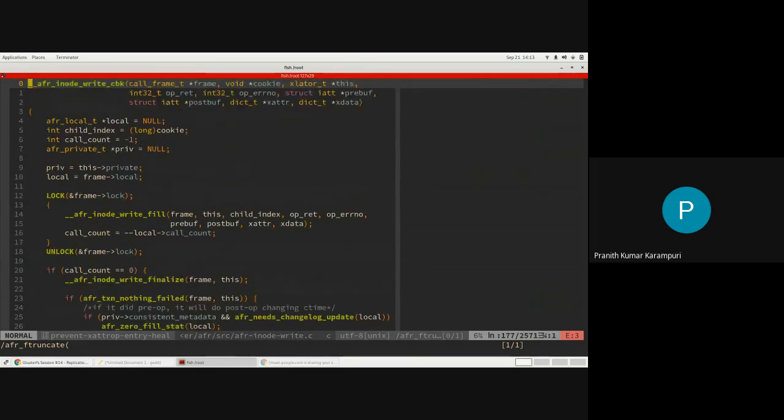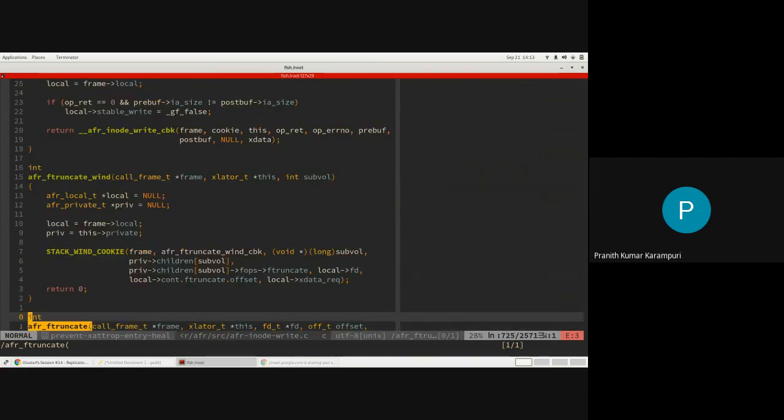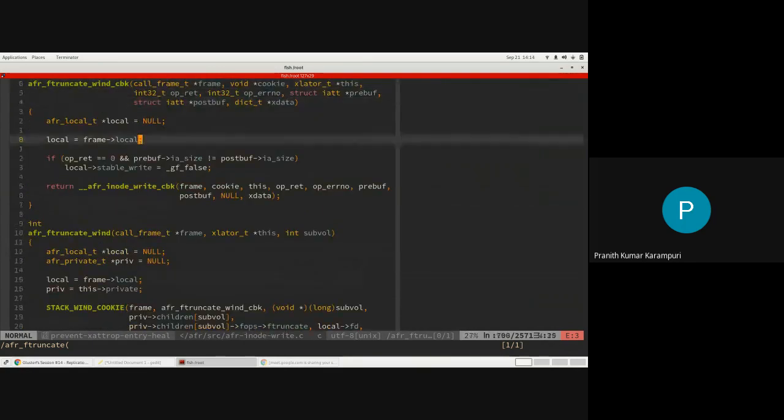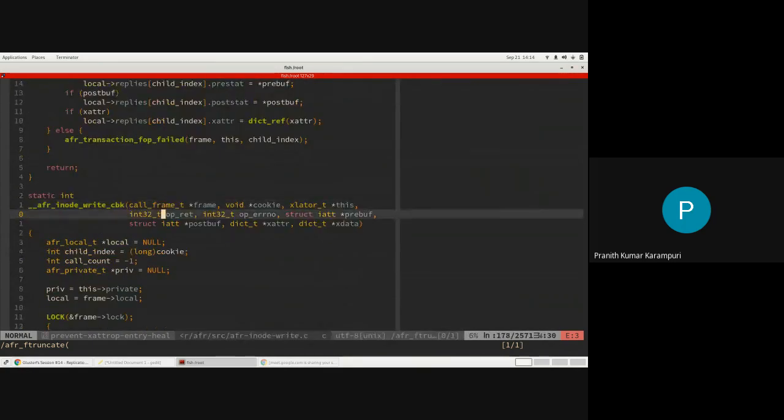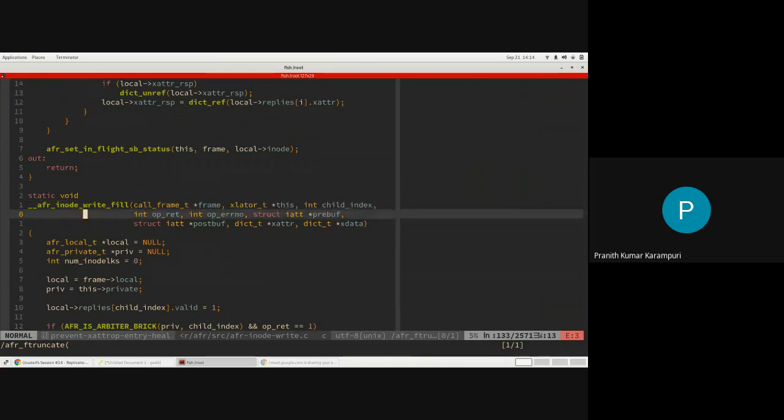Because AFR is a cluster translator which will have multiple subvolumes. For example, if it is a replica 3, you will have 3 subvolumes. So essentially, this ftruncate wind would be called thrice in a normal scenario, and for each response, you will call this inode write CBK, which will do some gathering of the responses.